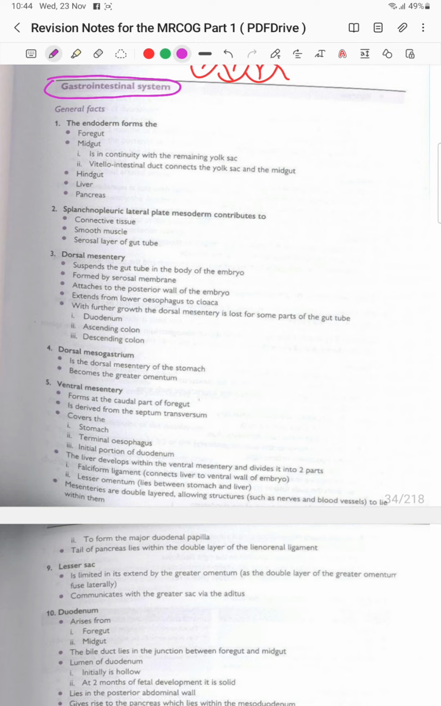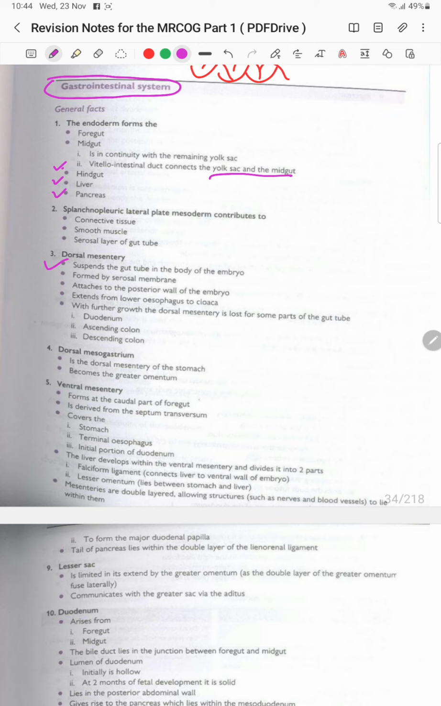The endoderm forms the foregut and the midgut in its continuity with the remaining yolk sac, and the vitellointestinal duct connects the yolk sac and the midgut. The endoderm also forms the hindgut, liver and pancreas. And the splanchnopleuric lateral plate mesoderm contributes to the connective tissue, the smooth muscles and the serosal layer of the gut tube. The dorsal mesentery suspends the gut tube in the body of the embryo, and is formed by the serosal